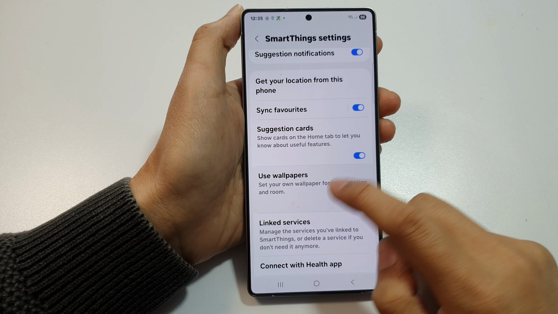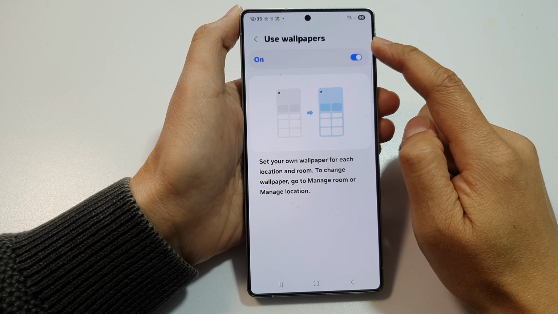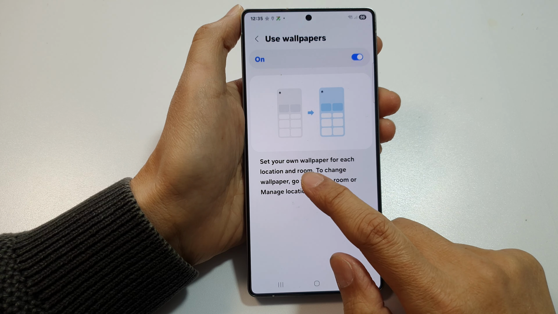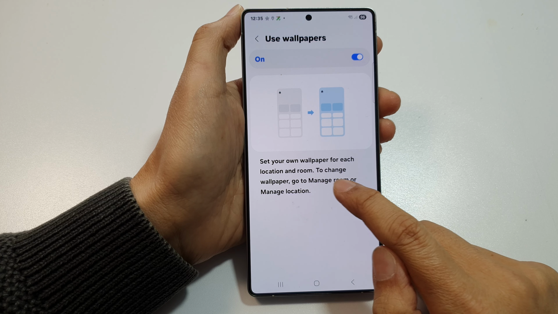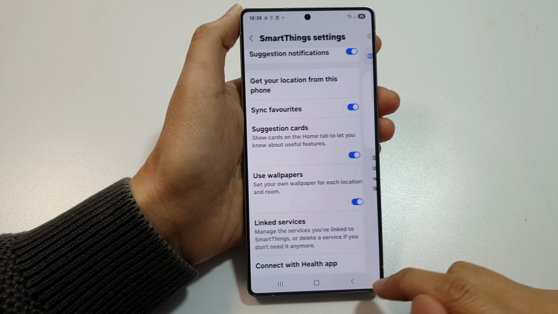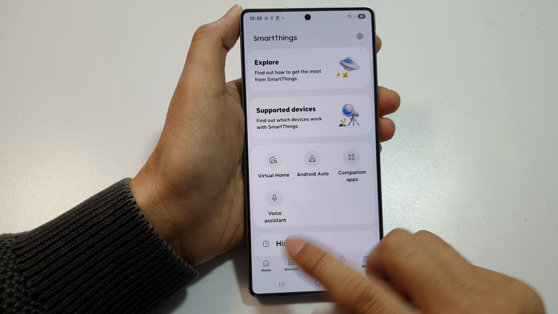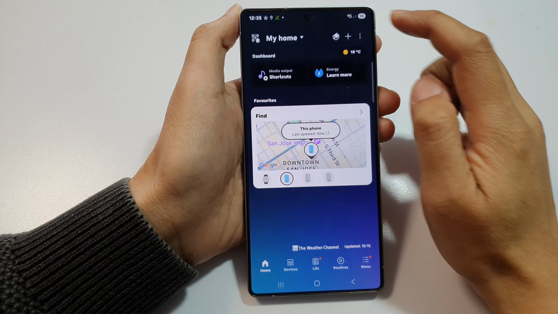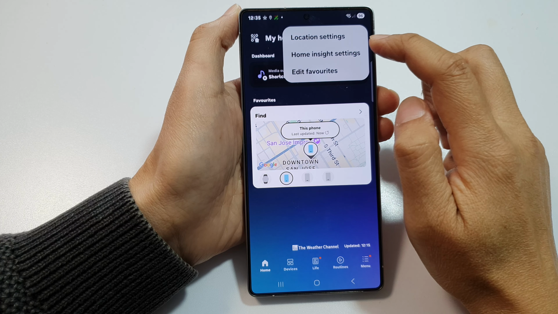You can also turn it on or off inside the use wallpapers setting page. Here it says set your own wallpaper for each location and room. To change wallpaper, go to manage room or manage location. So here, if we go back to the SmartThings home screen and then tap on the more button at the top,